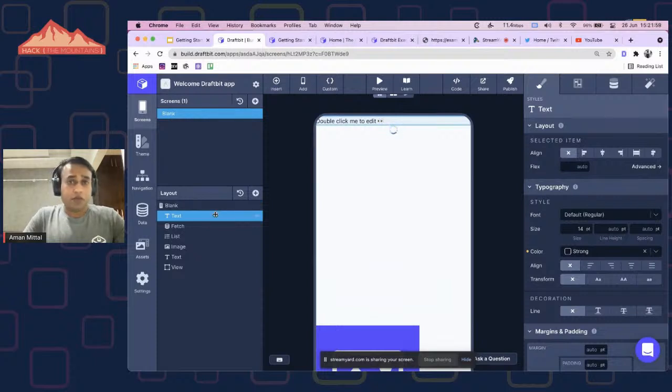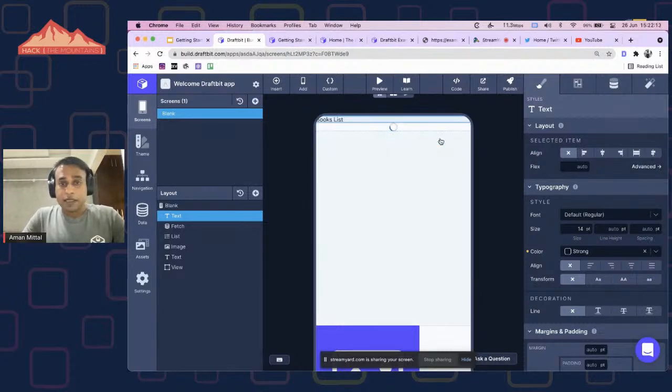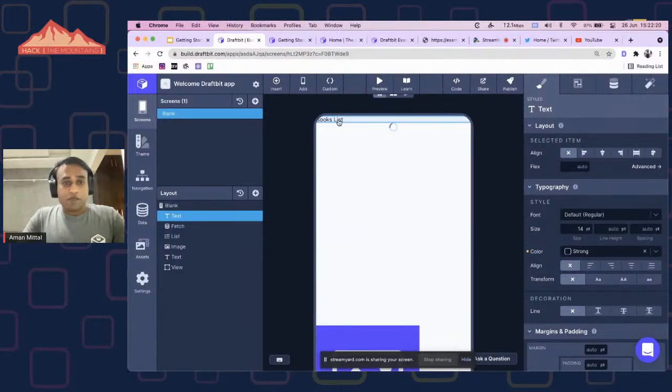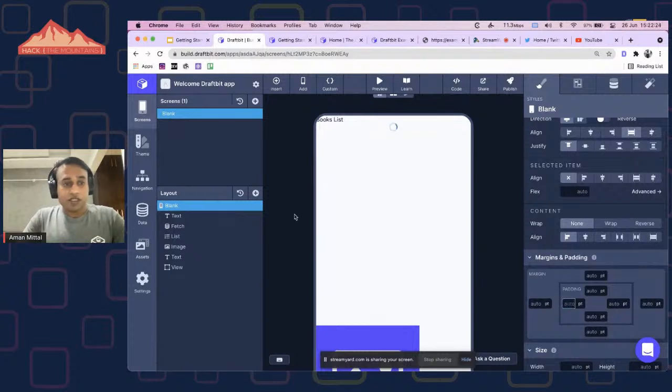So yeah, let's go back. The text component is basically to display a text. So for example, I want to say something like books list, and you can double click it. You can add your own value. You can close it. This is not something that I want, so I'll add some kind of padding to this